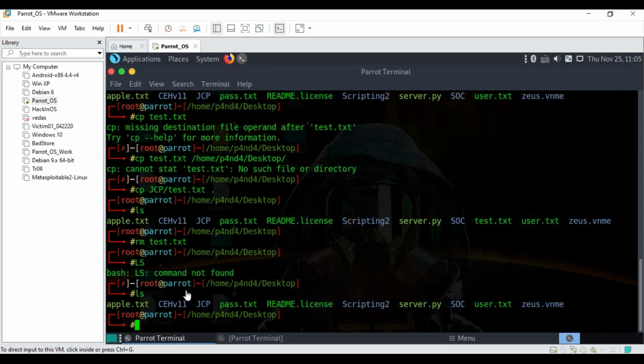Okay, the same thing. Nothing changed, only the command name: mv. After mv, what you need to do is give the source. The source can be jcp/test.txt, and the destination is simply the dot again. If I do that and hit enter,